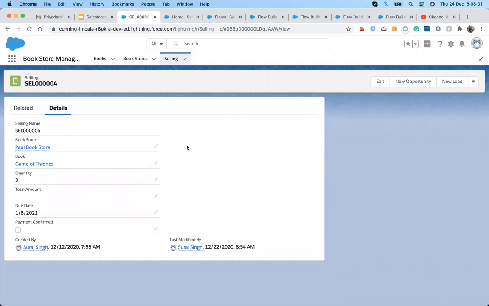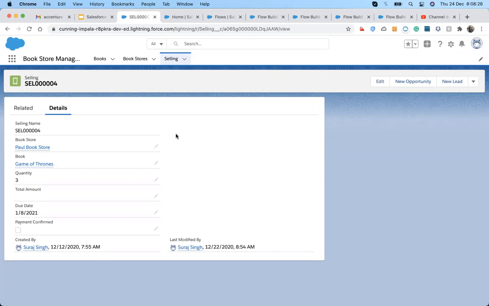We might have to calculate the sum of some records or similar things. Whenever we have to calculate the average, sum or count, and we don't have a master-detail relationship with the record, let's have a look at how we achieve this, because this is not possible in a process builder.